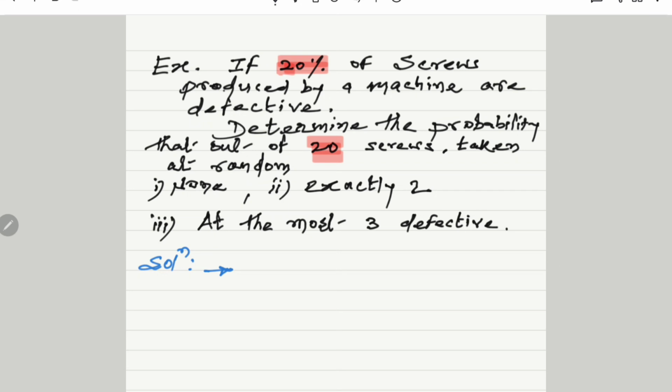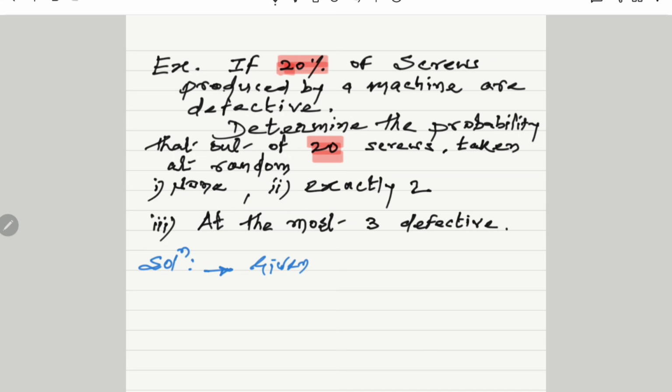Let us solve the problem. If 20% of screws produced by a machine are defective, then determine the probability that out of 20 screws taken at random, first none, second exactly 2, and third at the most 3 are defective. Therefore, here the given information is